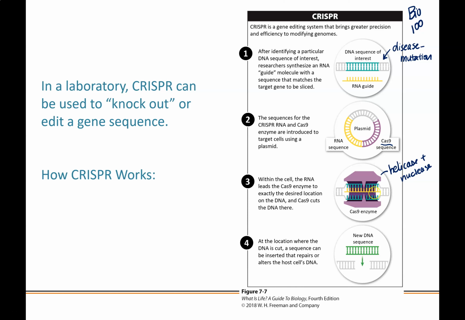So it opens up the DNA at the region where this RNA sequence recognizes the complementary DNA sequence of our gene of interest. It actually cuts that sequence in the mouse or whatever organism you're working on. And then a new sequence, or the corrected